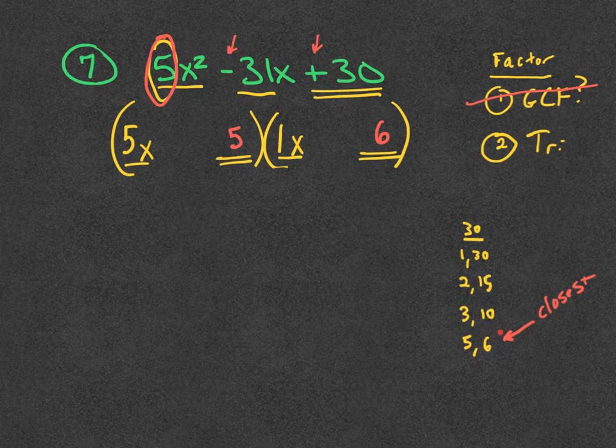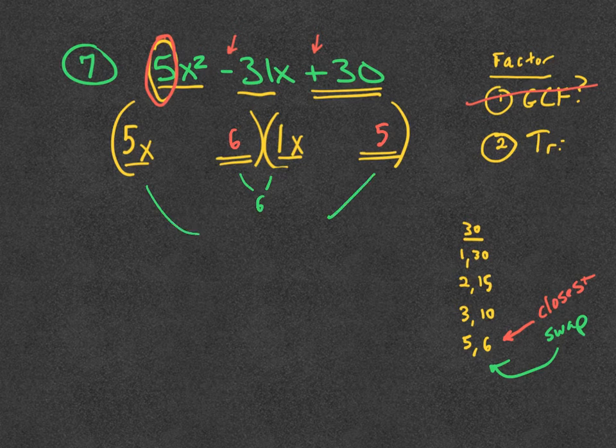And in some cases, you'll move on from the 5 and the 6, but we can swap the 5 and the 6. So instead of putting the 5 first, we'll put the 6 first. And then we'll put the 5 second. And we'll do the same thing again. So underneath, we're going to multiply 6 times 1. And underneath, we're going to multiply 5 times